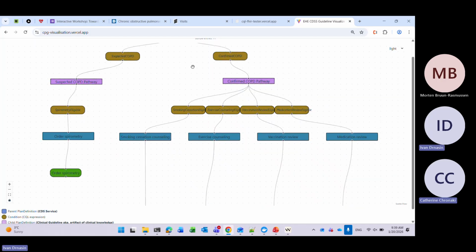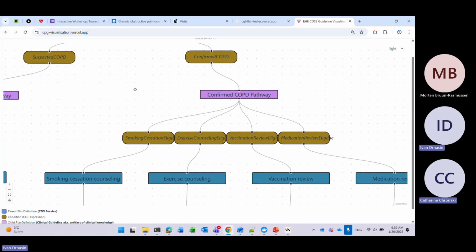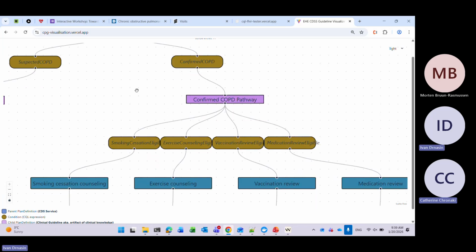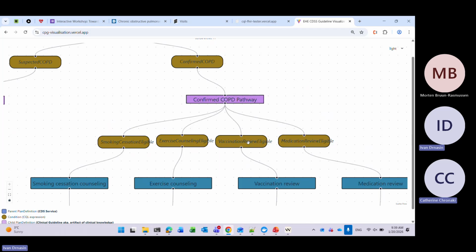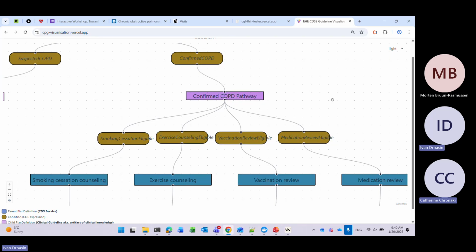The next clinical guideline is when COPD is confirmed, then we go to a little bit more complicated workflow. My instructions when I was testing and working on it were to create something more like a care plan for the patient after he is diagnosed with COPD.